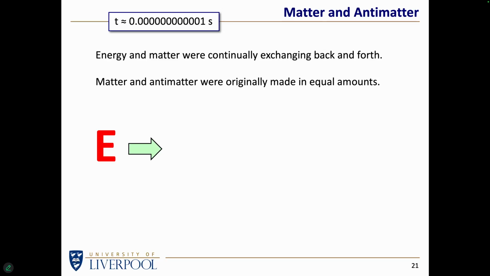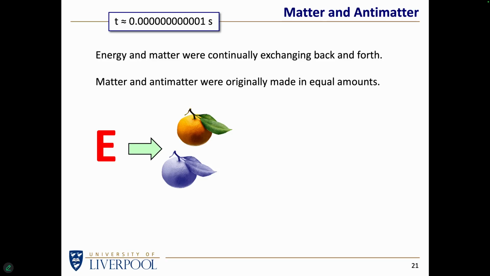Energy can be used to make something and anti-something, probably not a tangerine and an anti-tangerine, but the point is it doesn't matter. It could be an electron and an anti-electron. It could be a quark and an anti-quark. It could be something exotic and an anti-equivalent of that exotic particle. The matter and